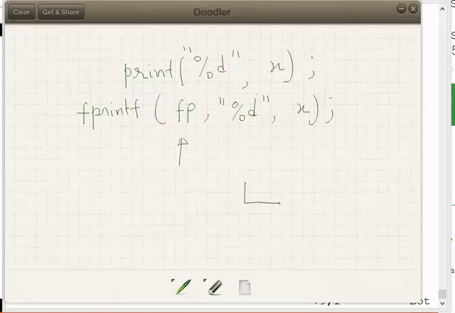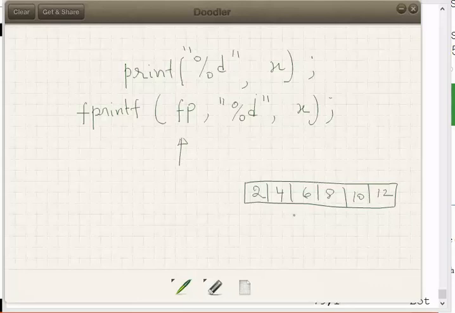And here, for instance, I have a buffer that I want to write. Let's say you have a one-dimensional buffer or an array, say 2, 4, 6, 8, 10, and 12. If you want to write this entire buffer into a file, you use a for loop to print each and every cell, just like you normally do for printf, but pass the file pointer like this: for i equal to 0, i less than say 7 or 6, i plus plus,